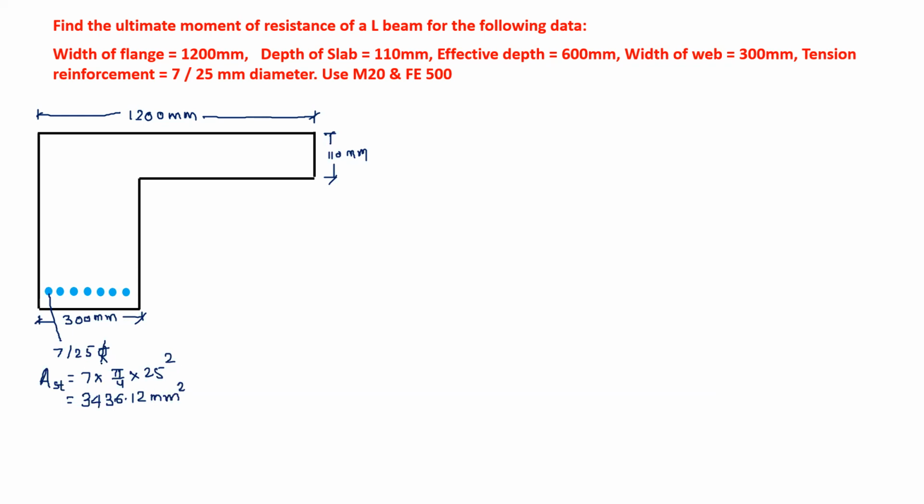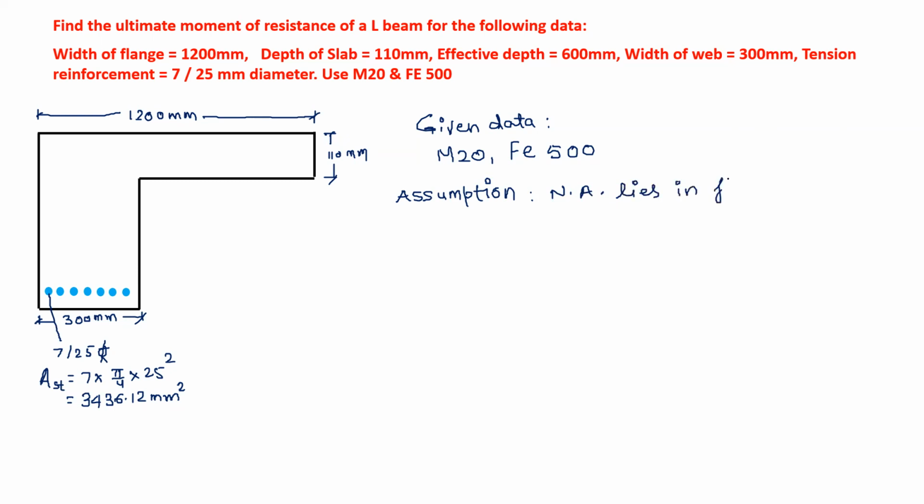So we have to now solve this problem. What is given? We have given M20 and Fe 500. So the first assumption: neutral axis lies in flange. When neutral axis lies in flange, we have